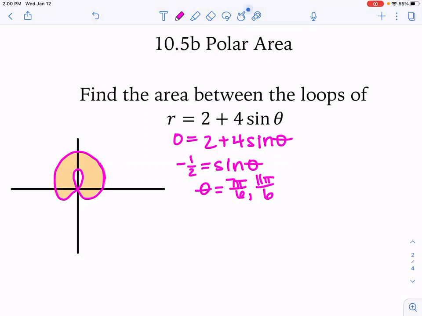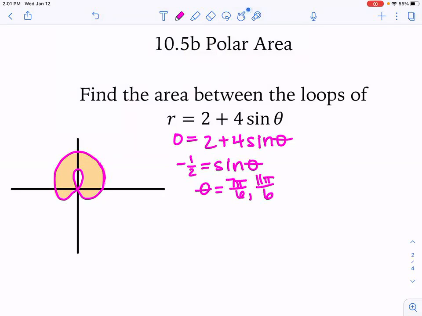Okay, so if we were finding the area of just the inner loop, we would take our integral from 7 pi over 6 to 11 pi over 6, or we could go from 7 pi over 6 to 3 pi over 2 and double it. That would probably be my preference for the inner one, because that would be this right here. Okay. Now we want